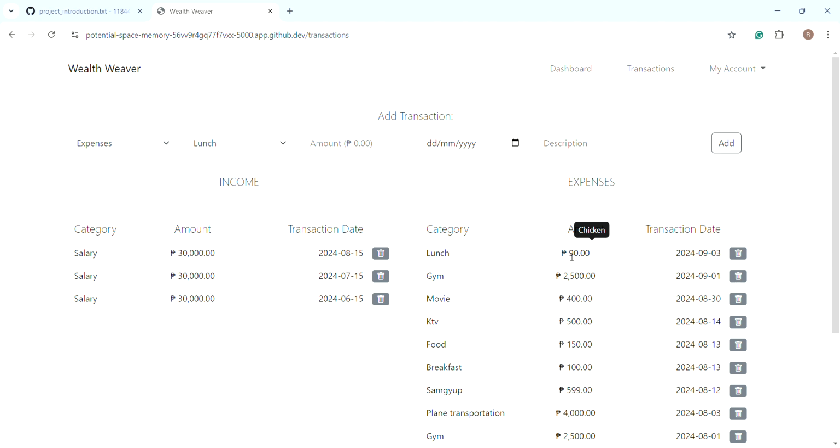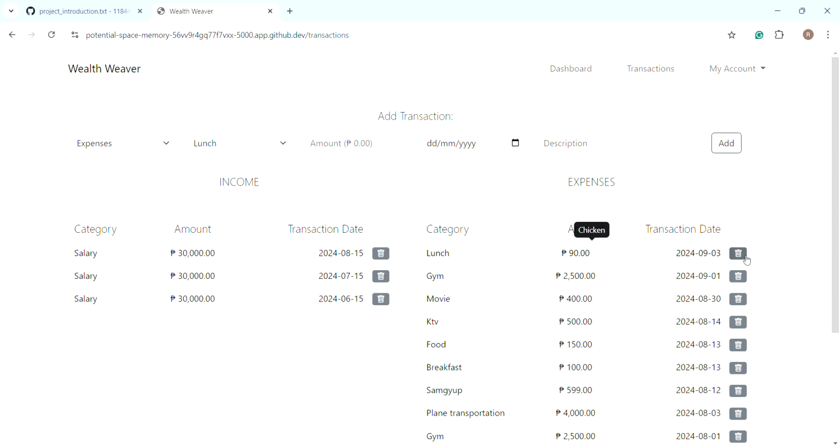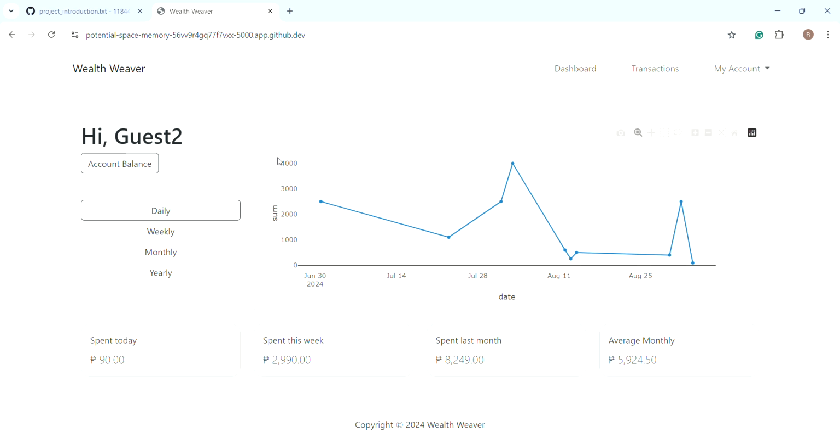Now it has been added here in the transaction history, and because the list is ordered by the transaction date, the top rows are the most recent ones. You can also press the delete buttons here, which is the trash bin icon. Now we can head back to the dashboard, and you can see that the spend today